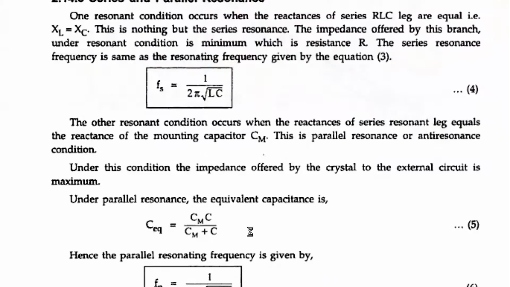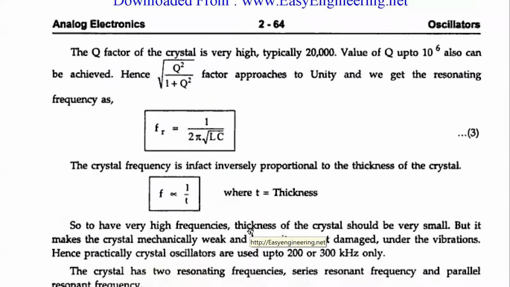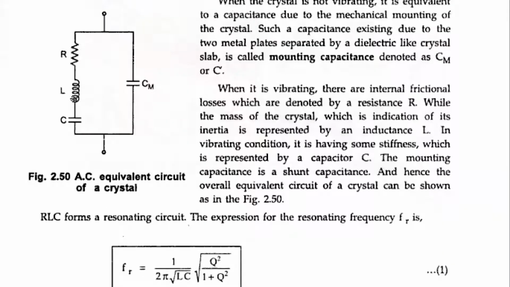So, students, whatever you have done in your 12th standard, again, just repeat. Anyway, you already know this is R, this is j omega L, this is 1 by j omega C, this is 1 by j omega Cm. You can treat all these as resistors in series combination, and to that series combination, a parallel combination. Then that will be the overall impedance.